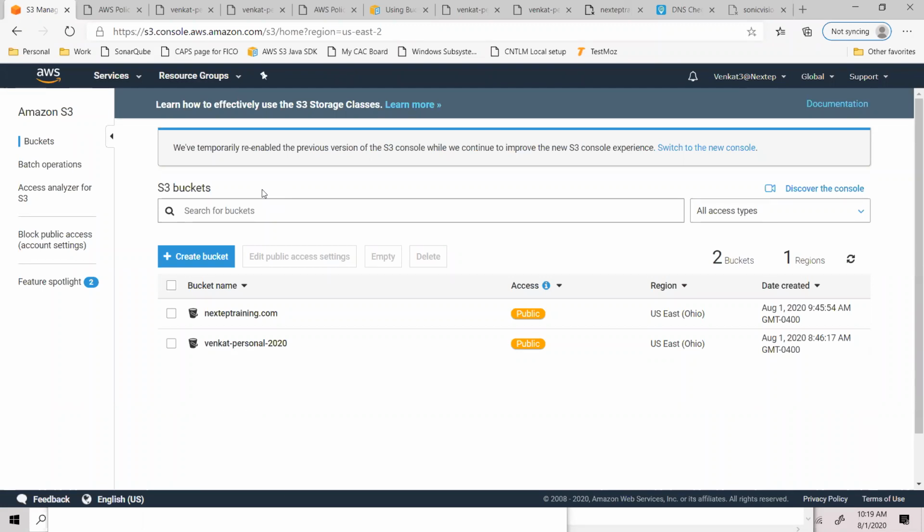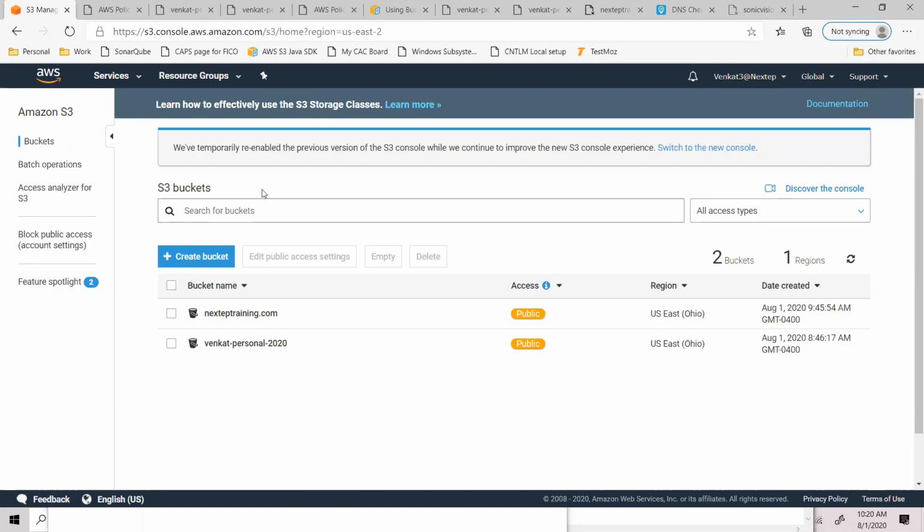So we talked about the concepts of S3, object store, and then storage tiers. And finally, we have seen the static website hosting also. So in the static website hosting, the most important thing is your bucket name must match with your domain name. Otherwise, Route 53 will not allow you to use your S3 bucket as your real domain name.